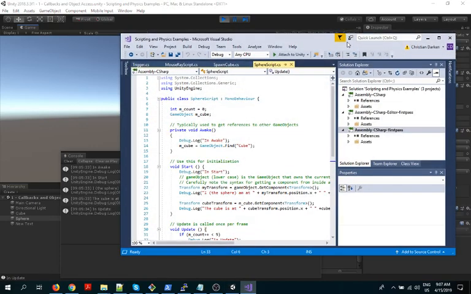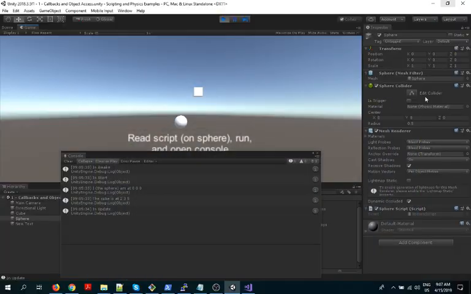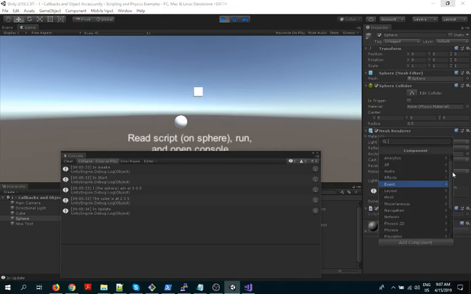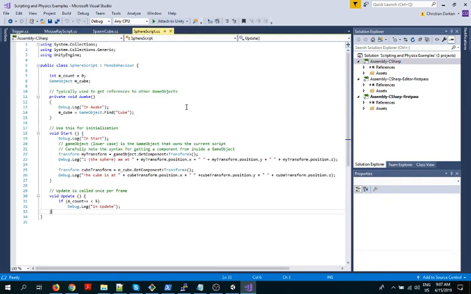Okay. All right, so let's take a look at the structure of this script. Now I created this script the way that you probably have done it many times in the tutorials already. If you go over here and say add component, and then scroll to the bottom and say new script, and then give it some name, my new script, and then say create and add. Okay, that's how I built it.